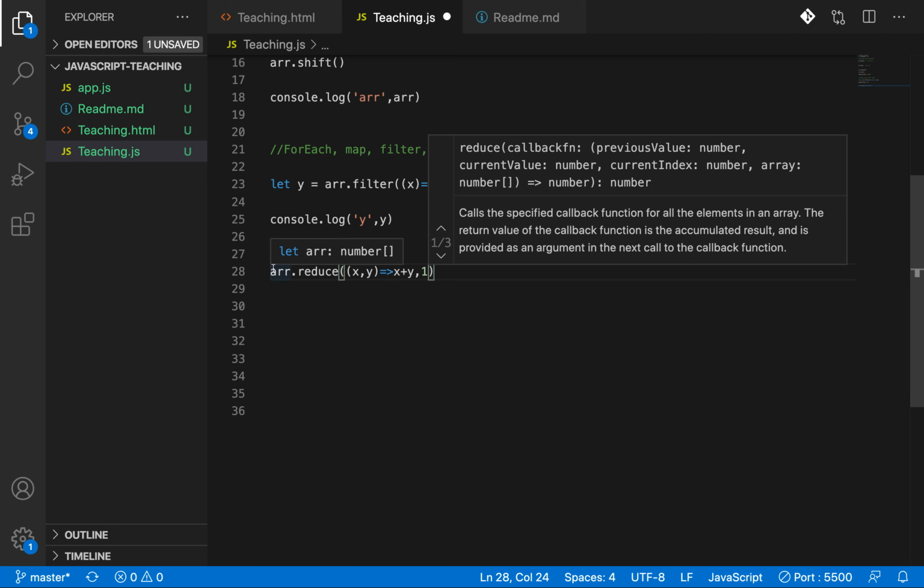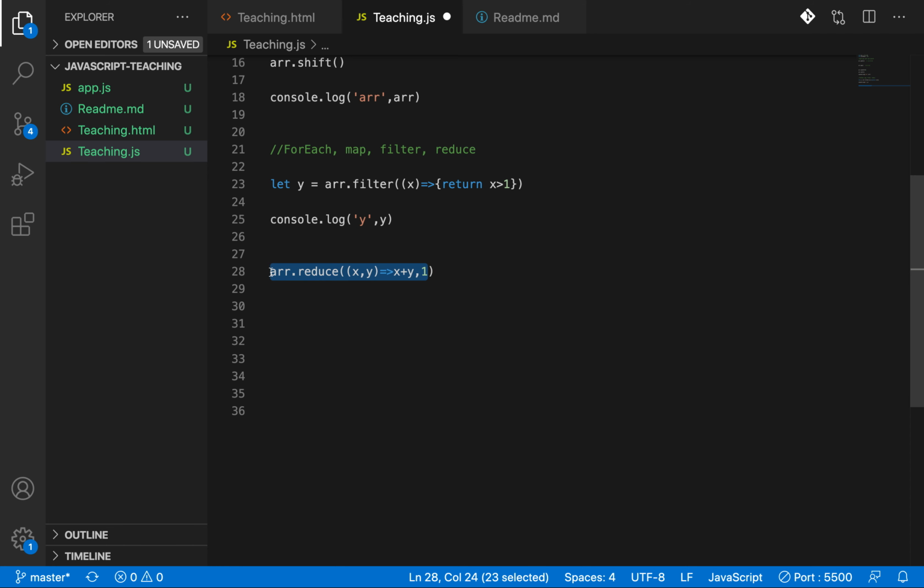So what happened here: let array reduce equal to that. Let me comment this out and run it.